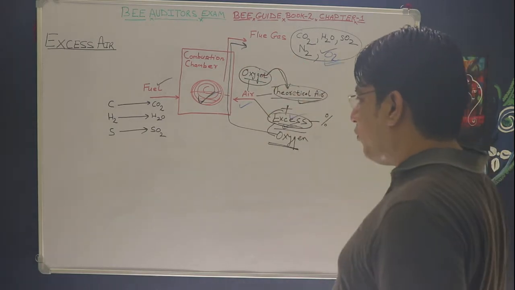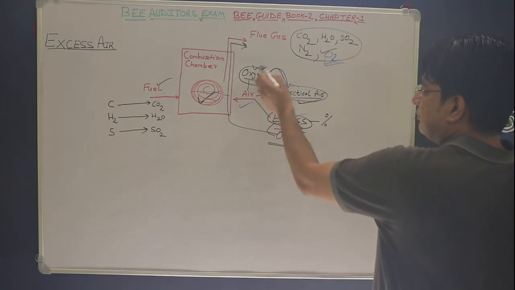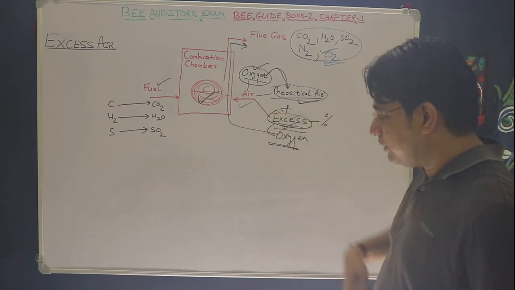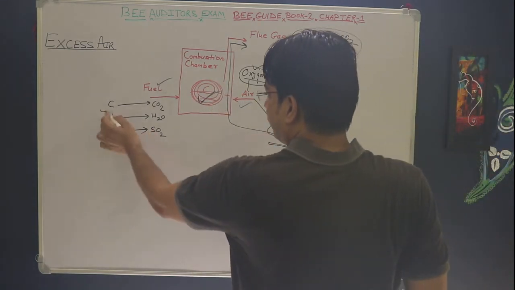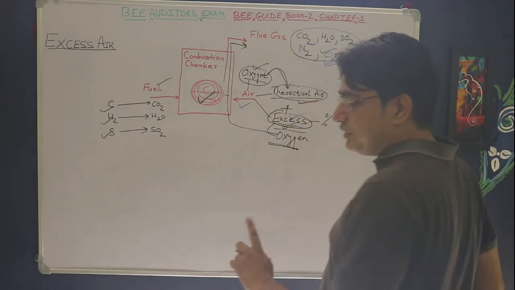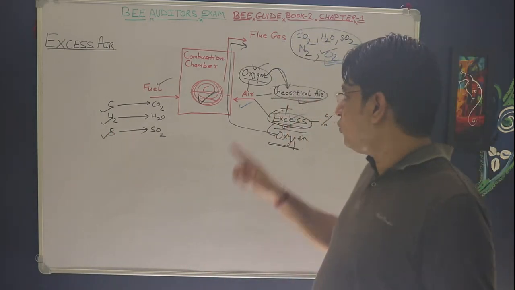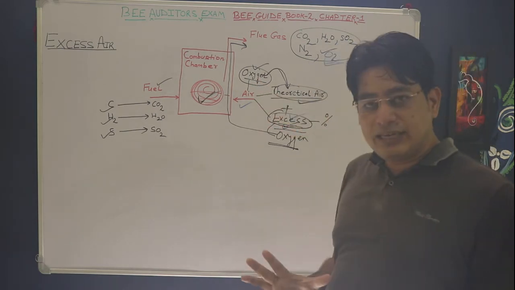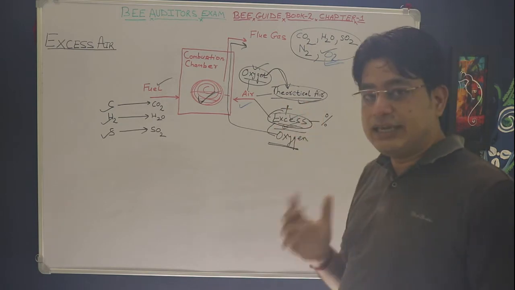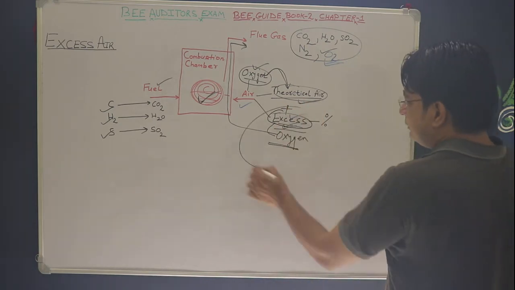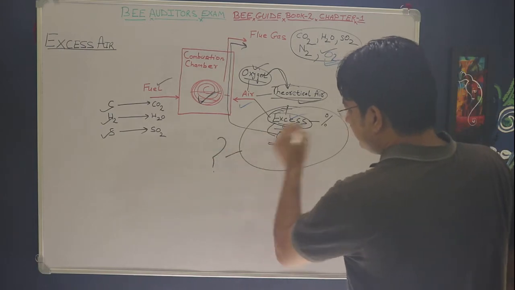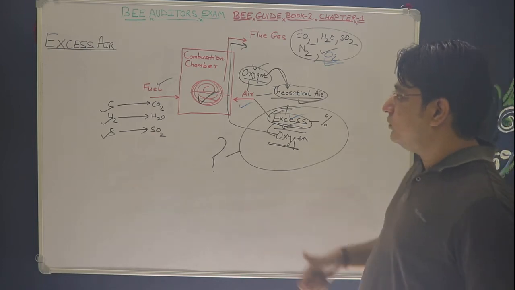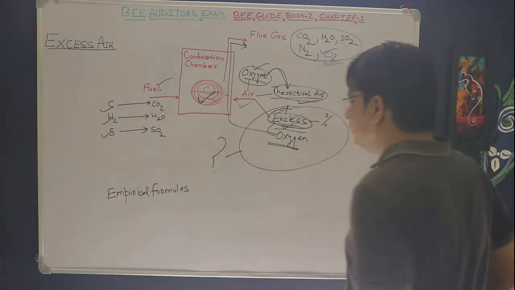Now, as I have already told you, you can calculate the theoretical amount of oxygen which is required for the combustion of the fuel depending on the percentage of carbon, hydrogen and sulfur and the other constituents which require oxygen for their combustion. And accordingly, once this oxygen has been calculated, you can easily calculate the theoretical air. But how can you calculate this excess air? How can you calculate the value or the percentage of excess air that is required for creation of turbulence?